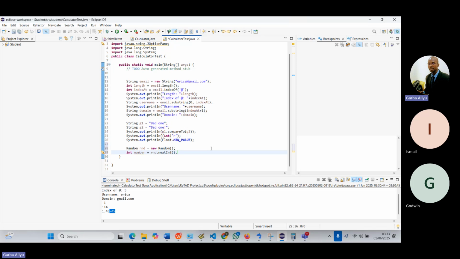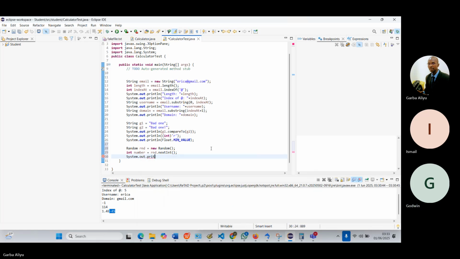Next, we print it out with System.out.println, and it will say the number generated